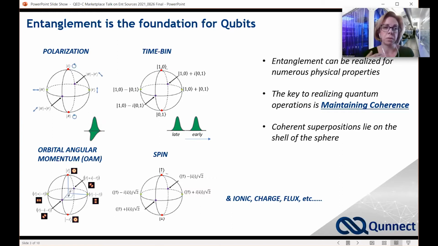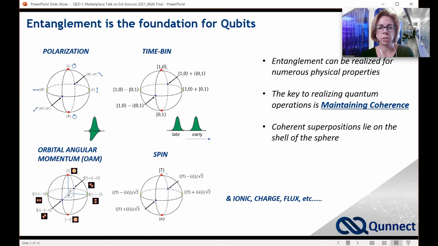Entanglement is sort of the extension of the concept of superposition to multi-particle systems. On the top, I've shown two examples that you see a lot in the optical community: polarization entanglement and time-bin entanglement, which leads to polarization qubits and time-bin qubits. And I've shown them in an example of Bloch spheres, which we've become rather used to in the quantum community, for being able to describe any combination of all the possible combinations you can have across the entire sphere worth of space. And at the surface of the sphere, you have